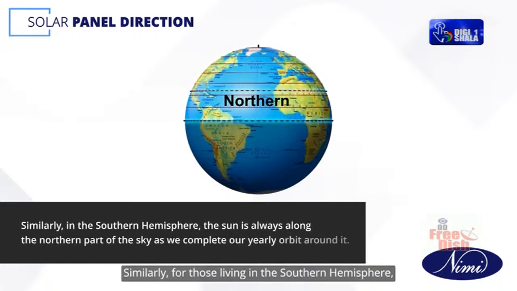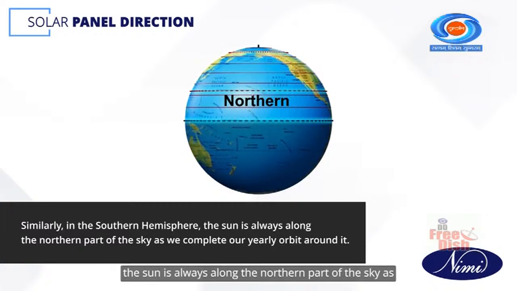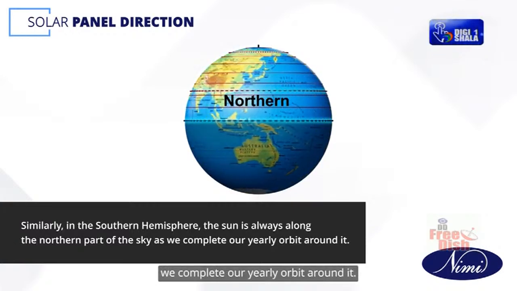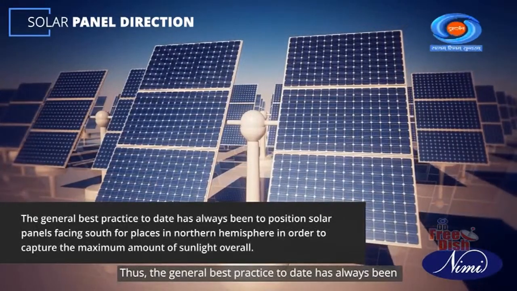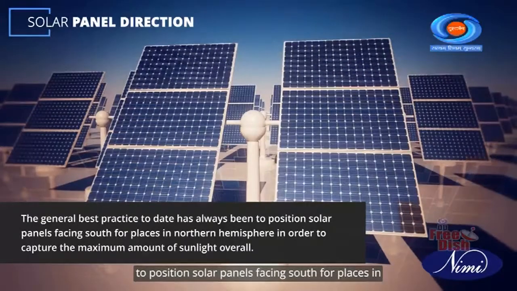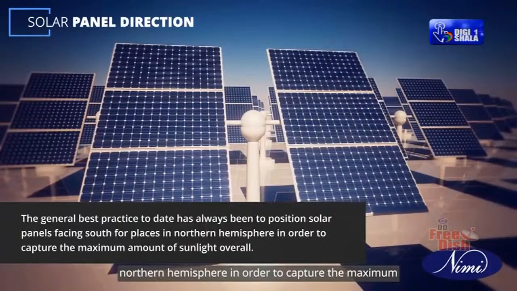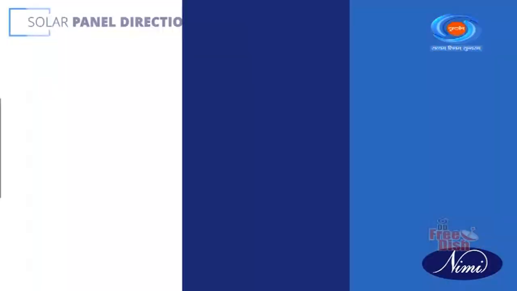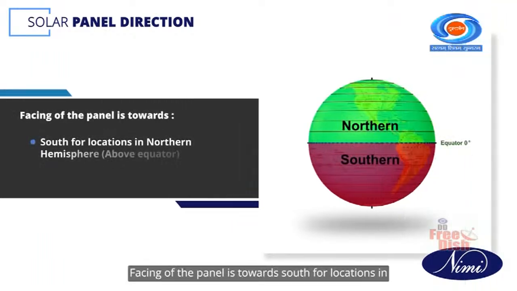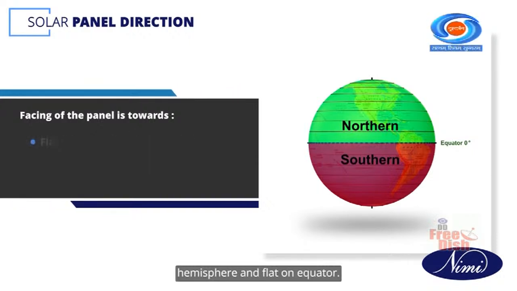Similarly, for those living in the southern hemisphere, the sun is always along the northern part of the sky as we complete our yearly orbit around it. Thus, the general best practice to date has always been to position solar panels facing south for places in northern hemisphere in order to capture the maximum amount of sunlight overall. Facing of the panel is towards south for locations in northern hemisphere, north for locations in southern hemisphere, and flat